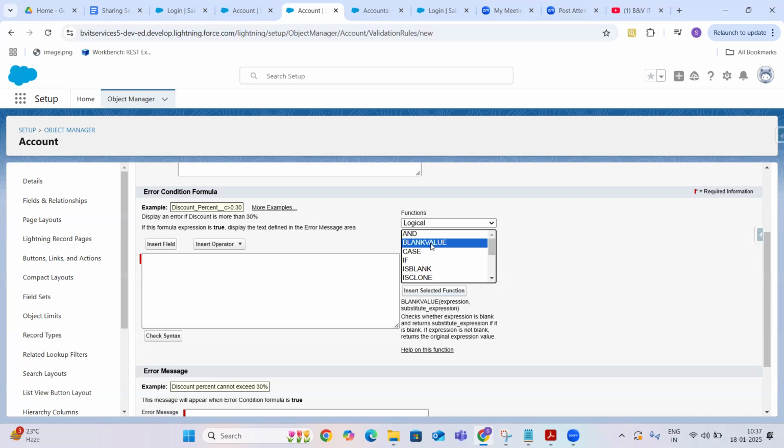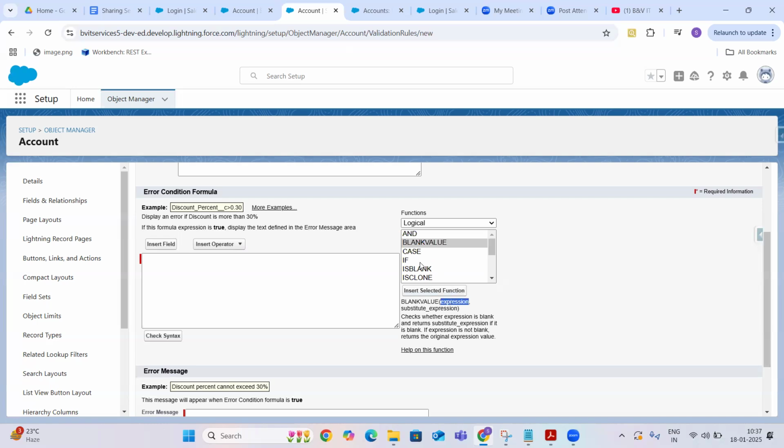Okay. So blank value is something like that. If the expression is blank, then it returns the substitute expression. So if this is blank and you want to return something, it will return this value. Or else, if it's not blank, then it is going to return the same value.